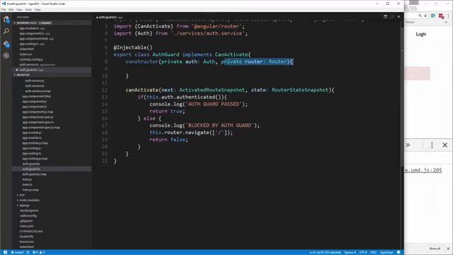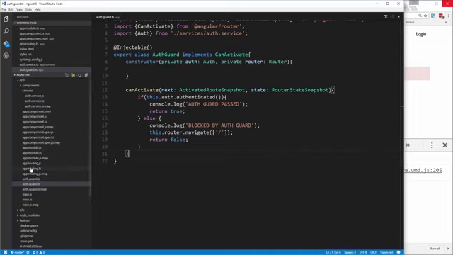And then in our canActivate here, which takes next and state, we're just going to run a test. We're going to say if we're logged in, if authenticated, then we're going to return true. That's going to let us through. All right, we'll also console log that we passed. Else, if we're not logged in, we're going to console log that we're blocked, and then it's going to redirect us to the home page, and we're going to return false. All right, now if we save that, there's one last thing we need to do to implement that, and that is go to,